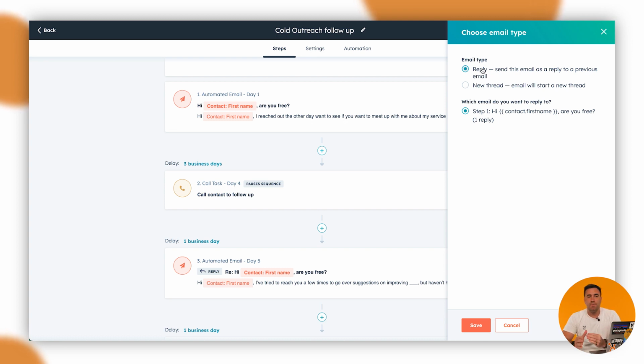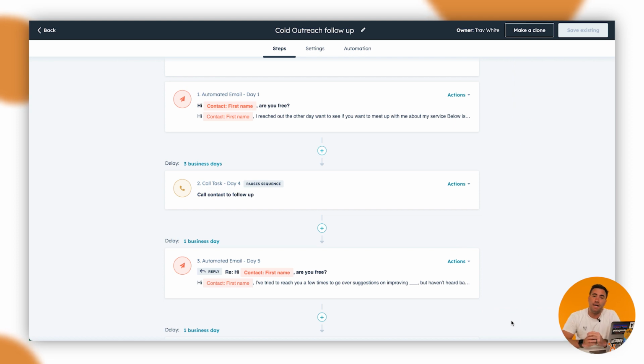So if you've got a couple of different types of sequences going to the same person, again, heaps of different use cases for different types of business products and services, what you can actually start doing is creating replies to specific emails. And you can see here that what we're doing is replying to the step 1 email. If it's about a new topic or anything like that, we can click on this, which will start a completely new thread. So there's something that you might not know right inside sequences.